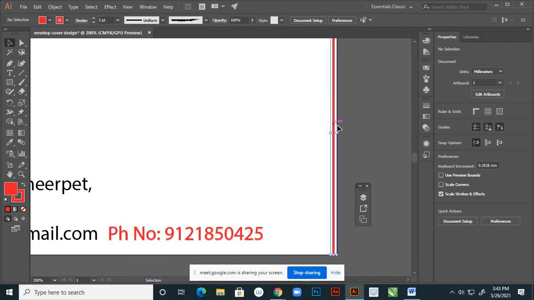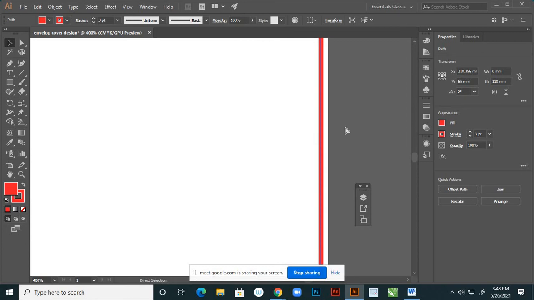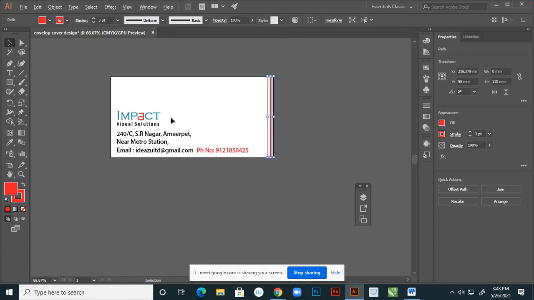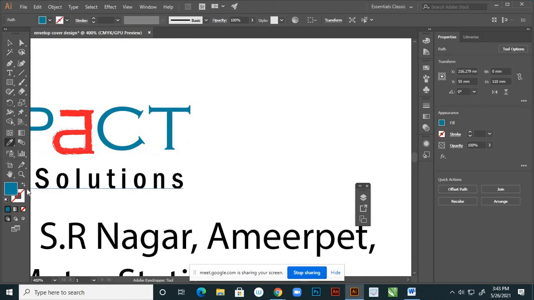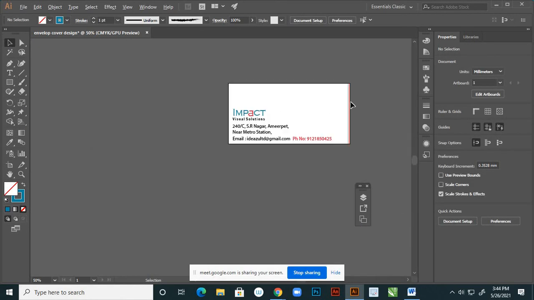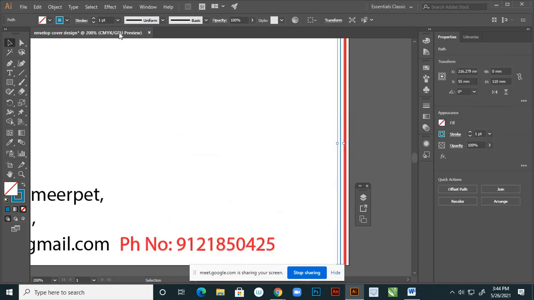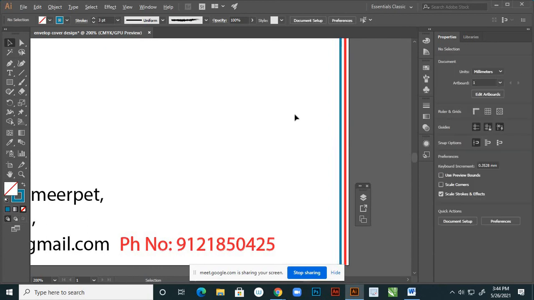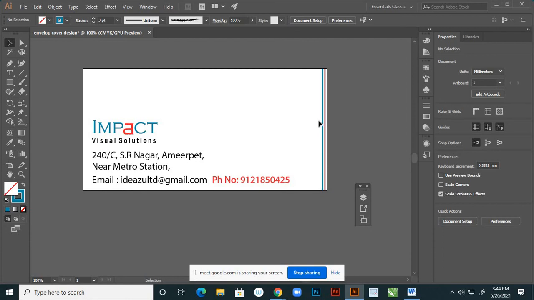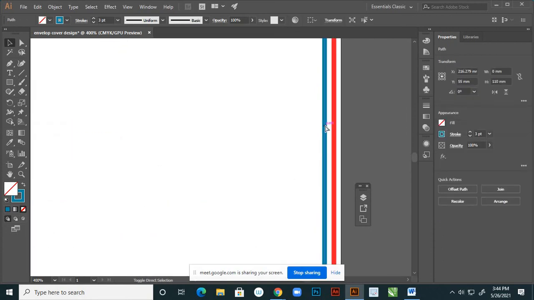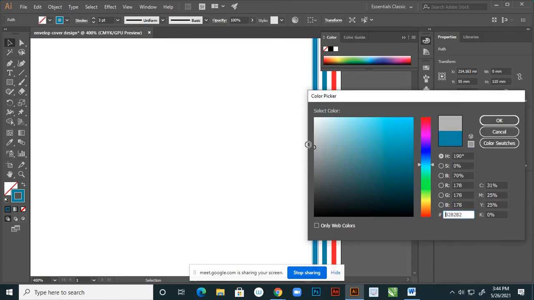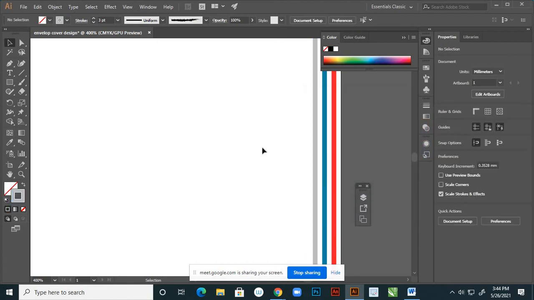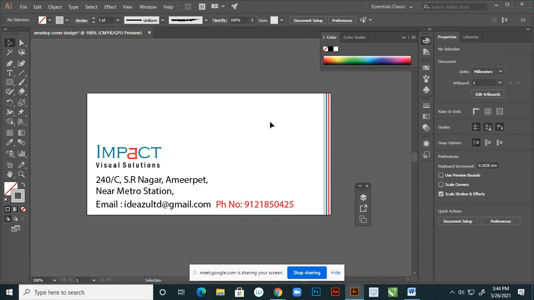Yes, then the same line I'm copying, Control C, Control Shift V, and I'm using the left arrow. The same gap I'm maintaining, and I want to add this color, right? But see, it is changing into a thin color. So here, I mean thin line, so change this into that red. Then one more line I want to add, Control C, Control Shift V, and using the left arrow, yes, and change this into some gray color, right? That's it. Excellent. So nice cover, and Control C,